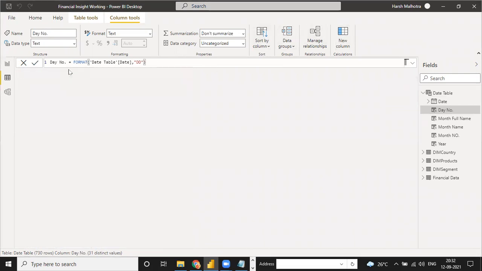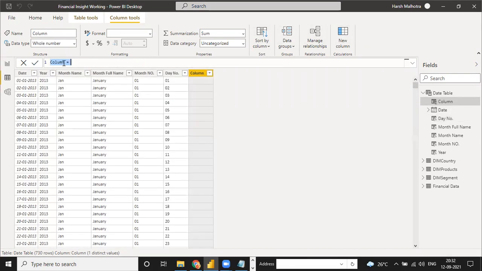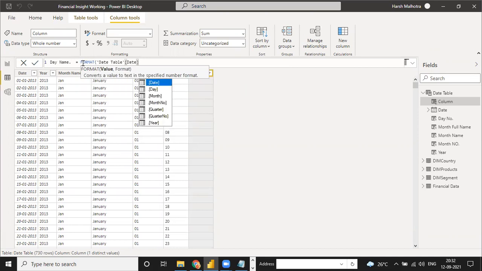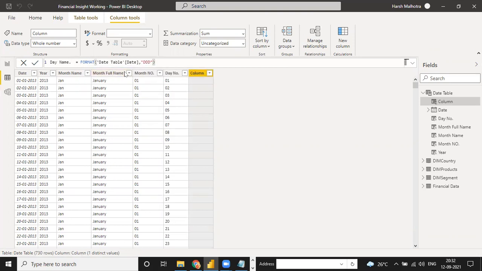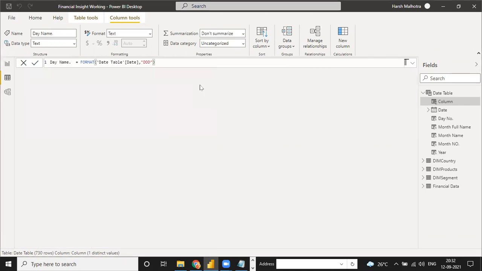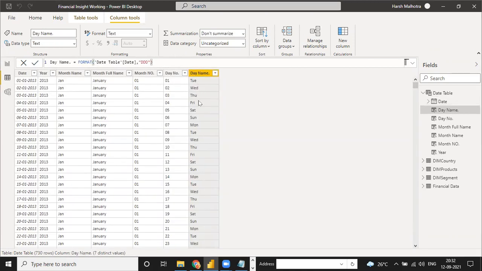Suppose right now I want a day short name, which means Sunday, Monday. Just click on format, click on the date table, and go to the format function, and write the format as triple D. Write it and close the column. You will see Tuesday, Wednesday, Thursday, Friday. If you want a full day name,